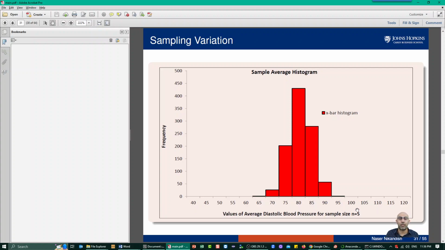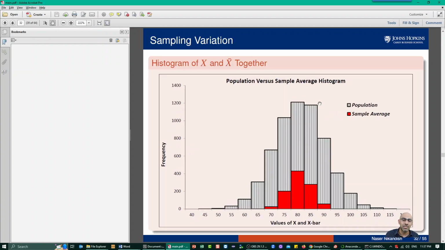Now, in Python, it looks so scary, but the idea is very, very simple. So the idea here is that let me plot a population versus sample mean. Look, that is the population, the gray one in the back, and this is the distribution of x bar, or histogram of x bar, when sample size is 5. Observations: first of all, they peak at the same place, roughly about 76. They peak in the middle, right in the middle. They peak together. Secondly,